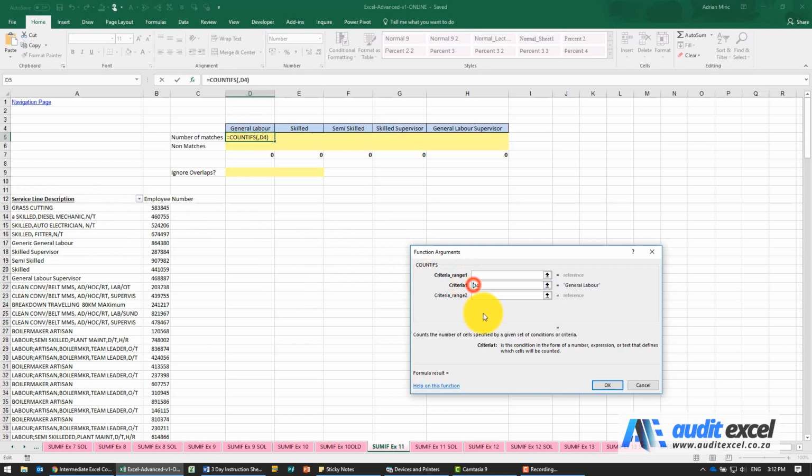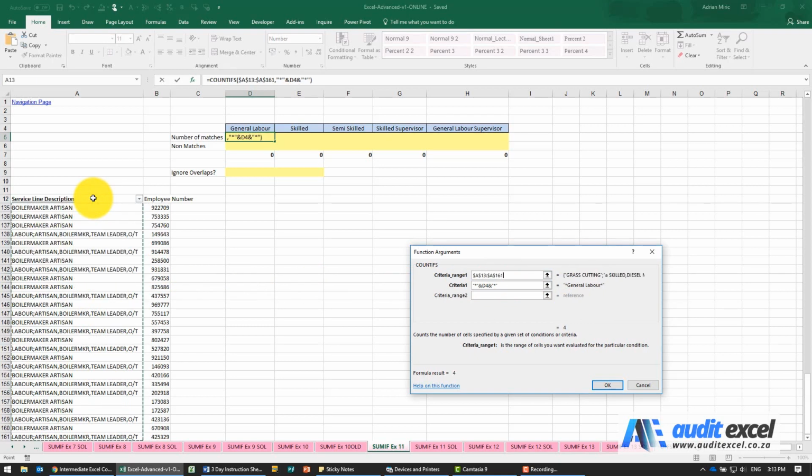So the actual criteria is we can put wildcard characters. We're going to put an asterisk, the multiplication sign, an ampersand, the reference to the cell, another ampersand, inverted commas, an asterisk. So you can see we're looking for star, general labor, star. Where must it look for it? Let's look for it in this column here. So that's fine.